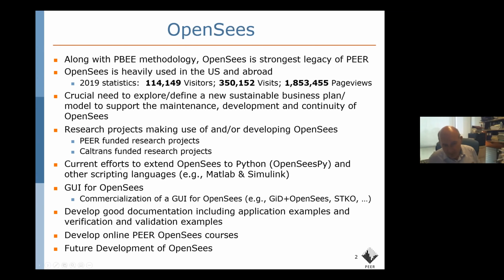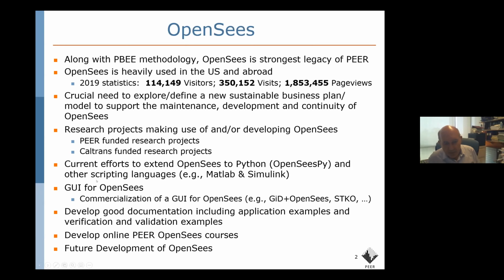Now, there are some efforts to extend OpenSees to different scripting languages. Python, for example, Michael Scott at the University of Oregon is working on OpenSeesPy that many of you probably are familiar with or using. There are also MATLAB and Simulink.